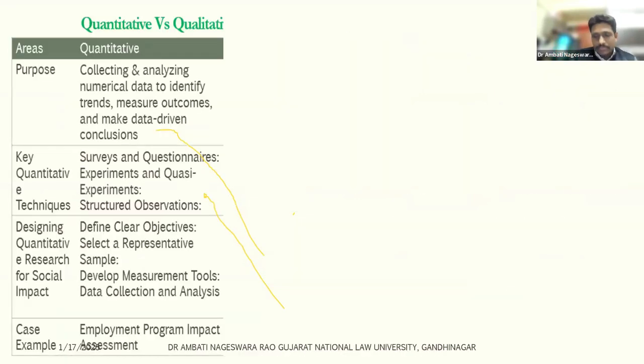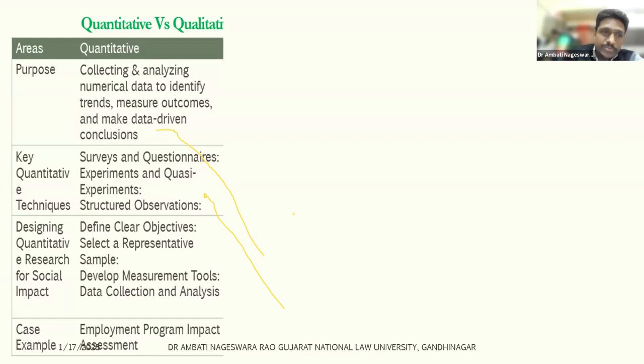Now, coming to the overview of quantitative, qualitative, and mixed methods. As you all know, quantitative research is basically used whenever you're interested in looking at the cause and effect relationship between a couple of variables. It may be an association between the variables, or a relationship like positive or negative correlation. Overall, whenever you want to quantify or measure to what extent, in that case we use quantitative research methods.